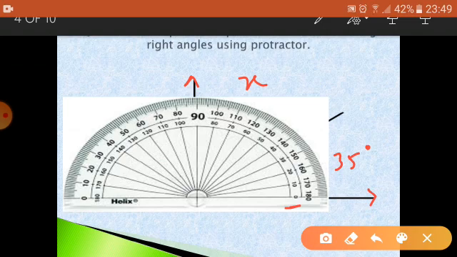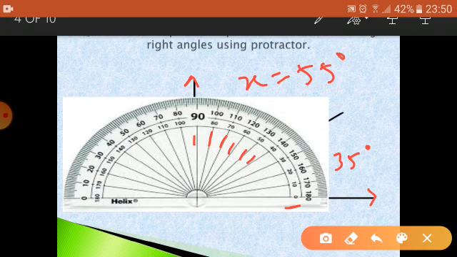So you are supposed to calculate this x, that is, how many degrees are left to complete 90 degrees. 35 degrees spent here, and the next 35 plus 5 is 40 degrees. This is 40, then 50, plus 10, plus 10, plus 10, plus 10, and then plus 10 degrees. So how many degrees in total? 5, then 1, 2, 3, 4, 5. So that means 55 degrees are here. So what is the value of x? 55 degrees.